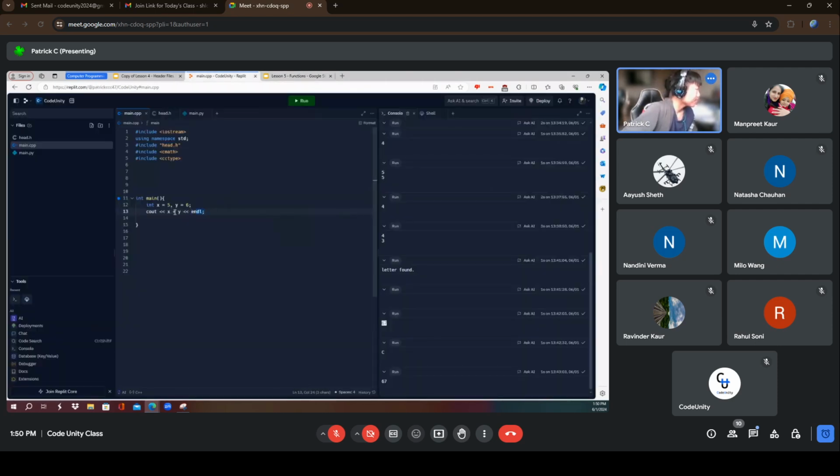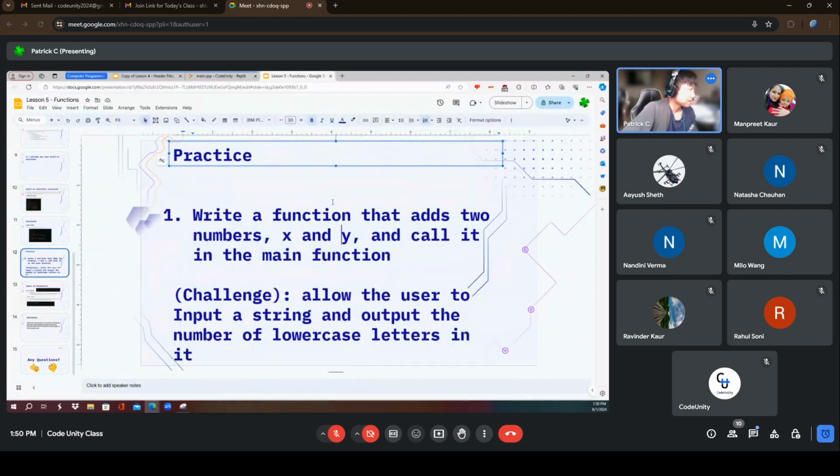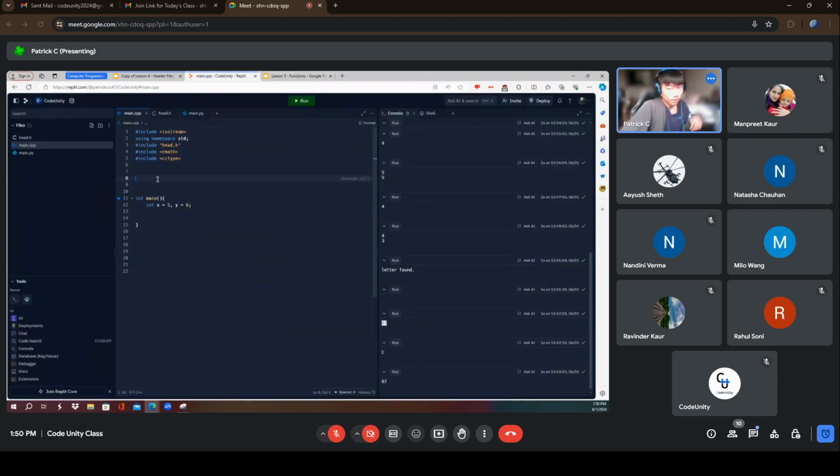Here I already have x equals 5 and y equals 6. So write a function that adds two numbers together. I'm going to return an integer because 5 and 6 can be 11. So I'm going to return an integer. And let's call the function adding two numbers. And now inside the function, you also want to include